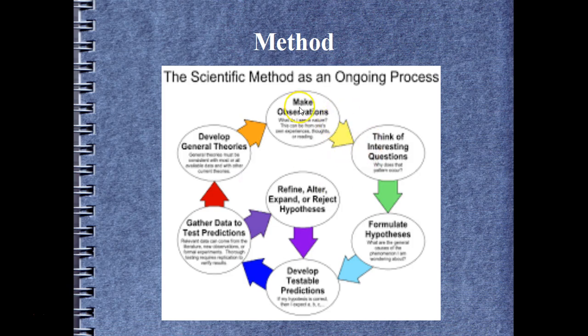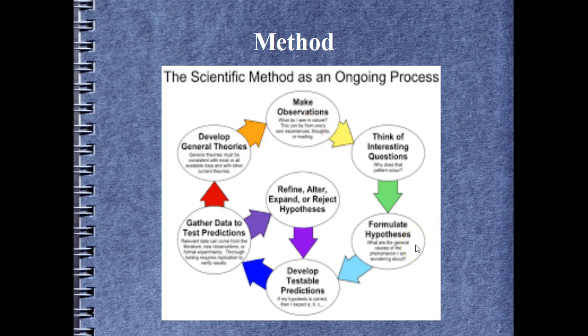So this whole process is going to start with making observations, thinking of questions, formulating hypotheses, developing testable predictions, and testing those with a procedure called an experiment. At that point, you might realize you weren't right, your hypothesis was not correct, so you go back and you refine, alter, expand, or reject your hypothesis, then you develop more predictions, and you continue forth in that loop until you finally have enough information to actually explain something, and then you make more observations and you start the whole